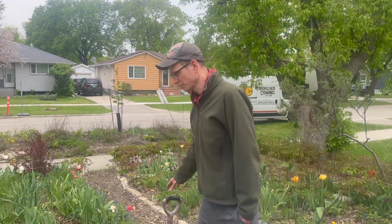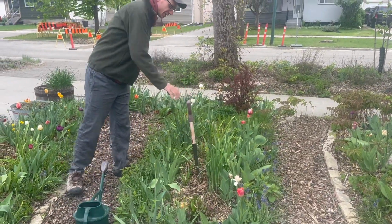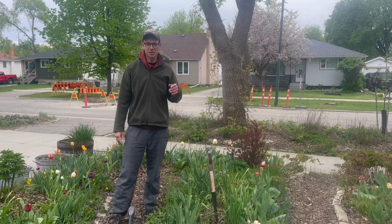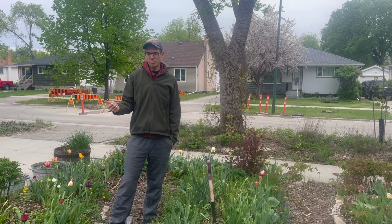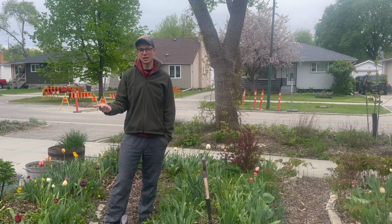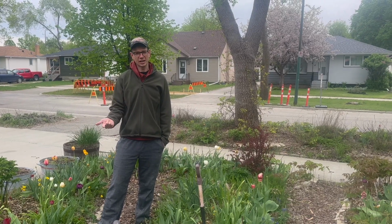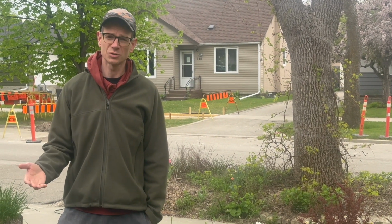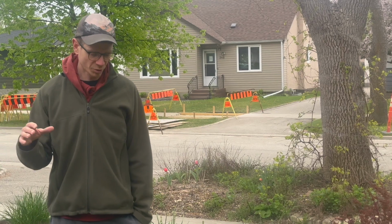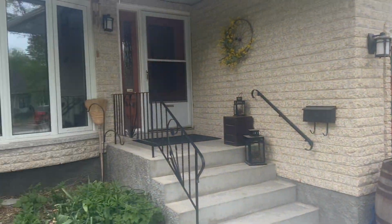So what we ended up choosing was, the pear tree is going to go in here. And the factors that we considered were, of course, the amount of sun it's going to get here, but also the shade that it's going to create once it's a mature tree. In 20-25 years, once this pear tree has its full canopy on it, how tall is it going to get? What's overhead? And also, where is the shade going to fall in the summertime when it has leaves on it? And so basically, we're going to use the pear tree as a way of shading the south-facing front window in the summertime. So you can see the window there,